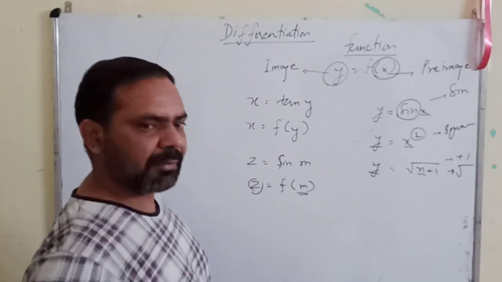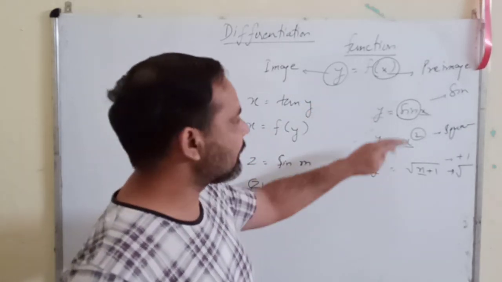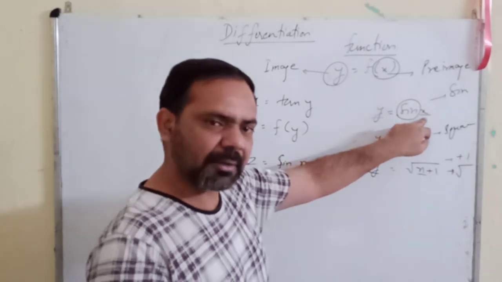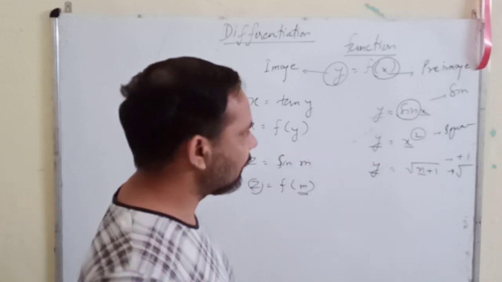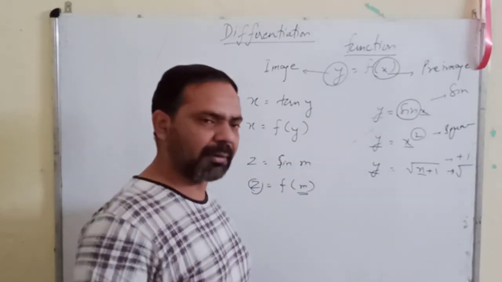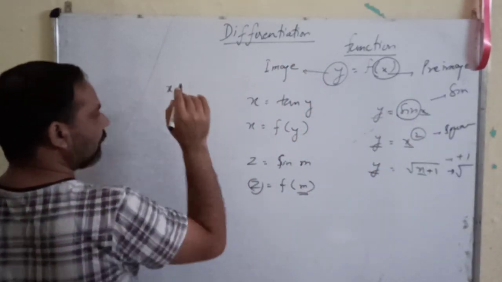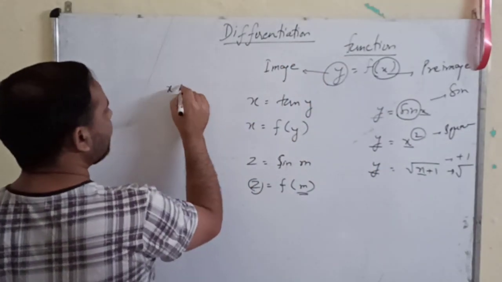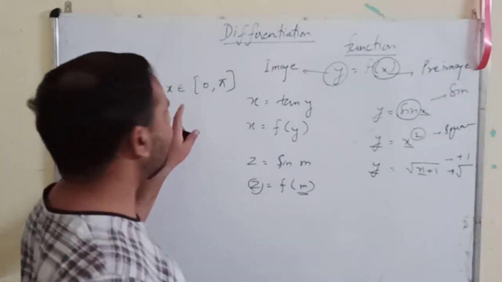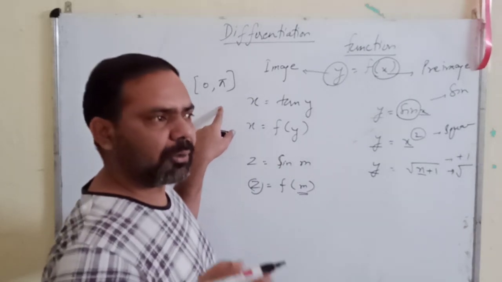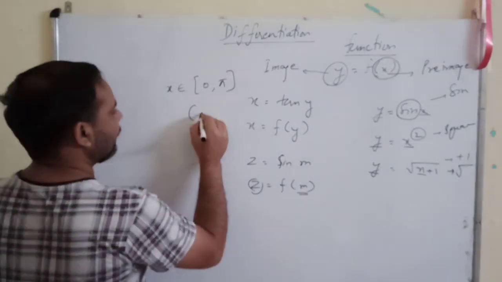Now x can take different values because, suppose the function is sin x, what can you place at x? You can place any angle for the value of x because you can find the sine ratio for any value. If I give you an example, x belongs to suppose 0 to pi. I think you already know what the difference is between this bracket and this bracket.